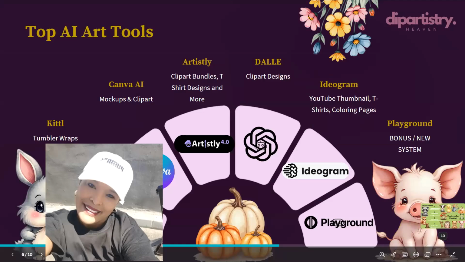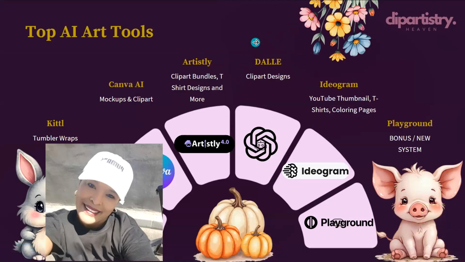So DALL-E is part of ChatGPT, right? But about a month and a bit ago, they upgraded the image generator. I think it's now called GPT Image or GPT Image Generator. Before it was DALL-E, but I don't know, it depends on which version you are on. If you're on a paid version, you're on this super fast, super awesome 2.0 version